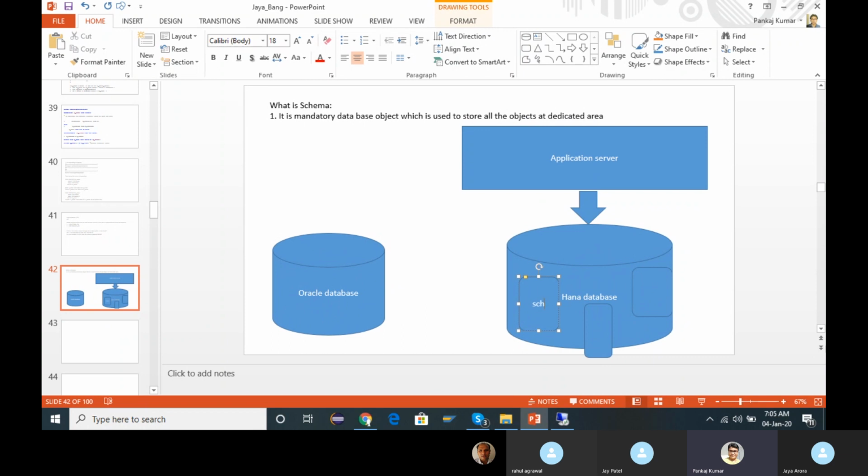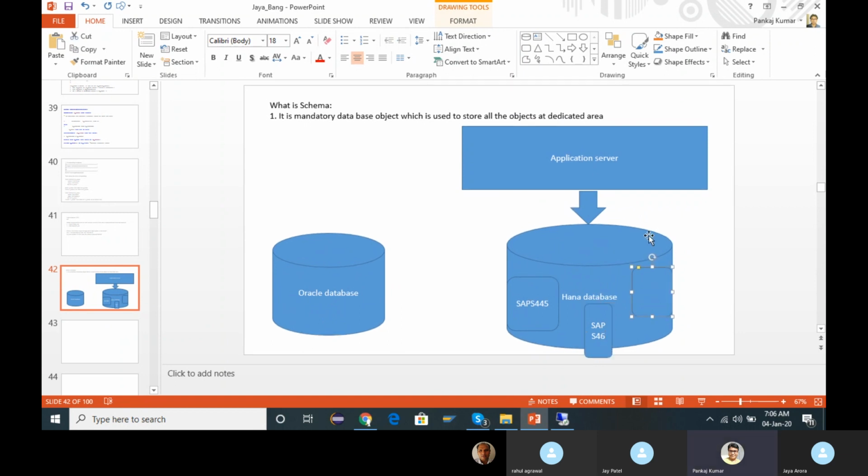Generally the naming convention for the schema is SAP followed by the system name. If your application server is S45, then your schema name will be SAP S45. If it is S46, then SAP S46.